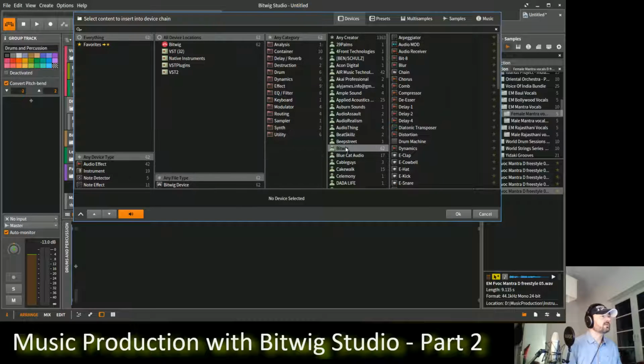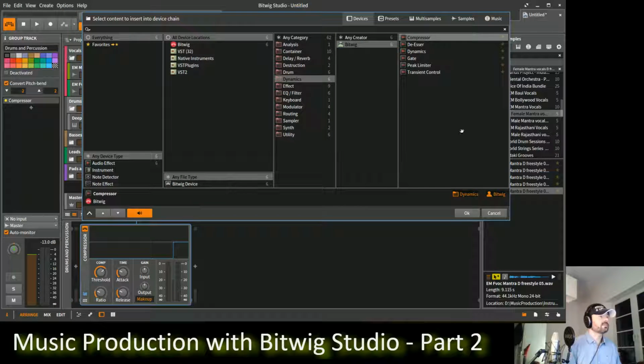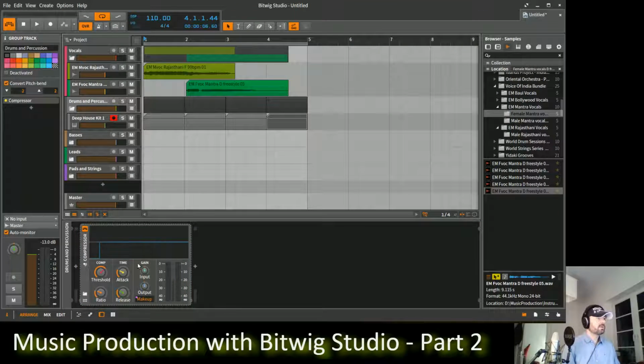Okay, let me see. I want only Bitwig effects and I want a compressor. So what's a compressor doing? In a nutshell, everything that is below this threshold will remain untouched by the compressor as long as I don't change something with the gain. So if I increase the gain, obviously the volume of everything below this threshold also gets changed. But the trick is, if I solo the drum kit real quick,